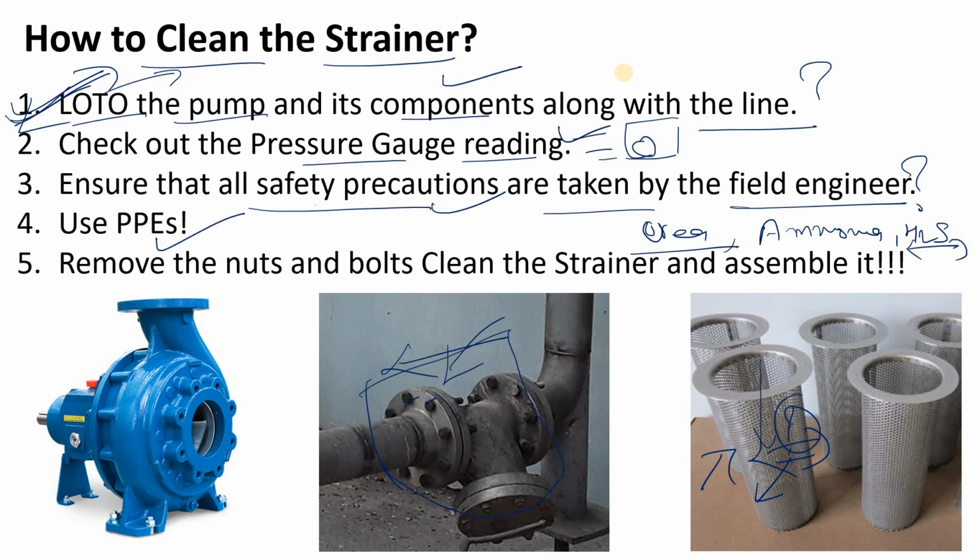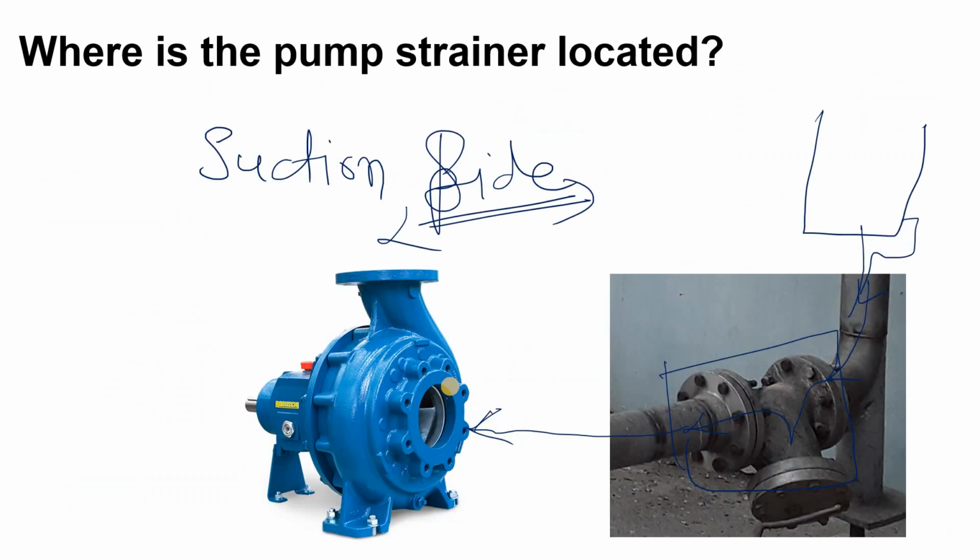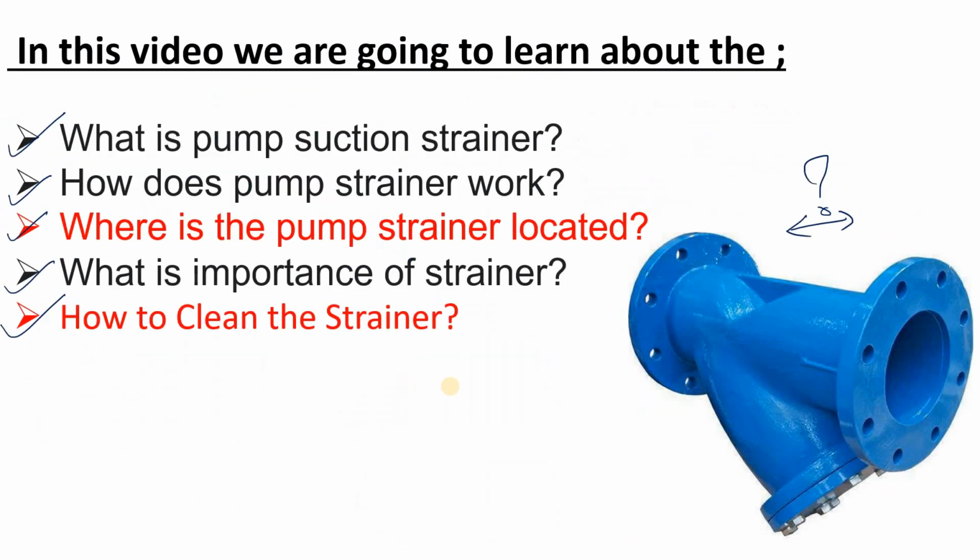The most important thing in a strainer is that you have to check the direction of this filter medium, and you should also check that these nuts and bolts are not loose. Okay, so keep this in mind. So now whenever you see the strainer on the centrifugal pump suction side, you will know what the purpose of this strainer is and why it is used.